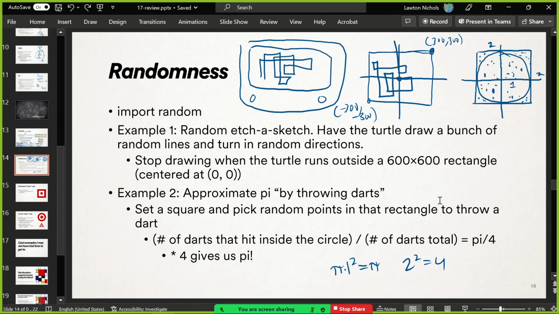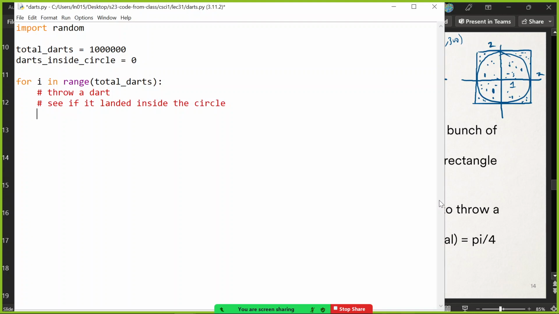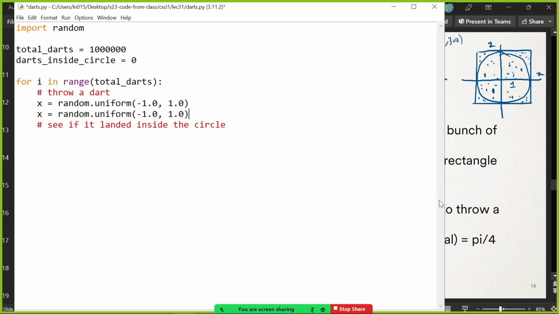And random.uniform will give you a value with decimal places. So the x coordinate of the dart that we just threw, if it was random, is random.uniform between -1 and +1, because that is the lower and upper part of that square. Same for y. It's just another random position.